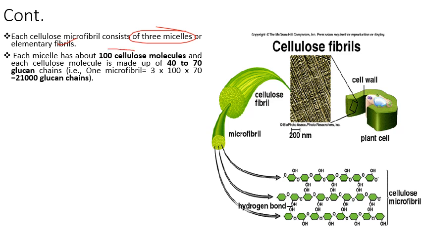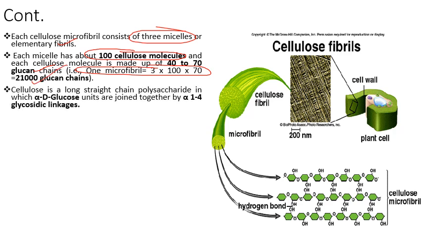Each micelle has about 100 cellulose molecules, and each molecule is made up of about 40 to 70 glucan chains. As we know that one microfibril is equal to 3 into 100 into 70, that is near about 21,000 glucan chains. Cellulose is a long straight chain polysaccharide basically, और इसमें basic unit होता है D-glucose,